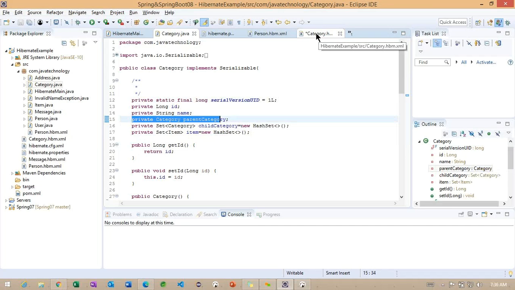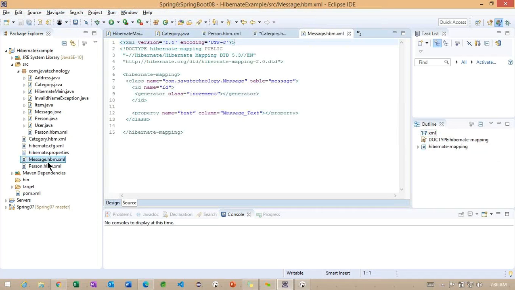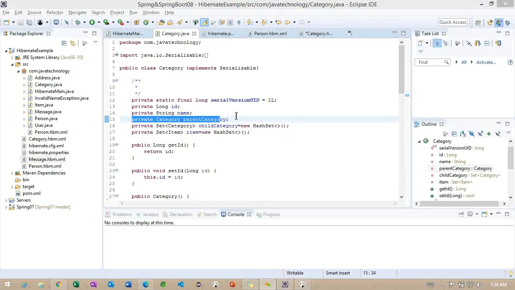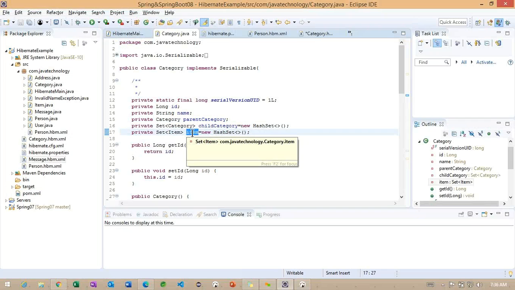Okay. What I want to do, this particular category depends on the item.